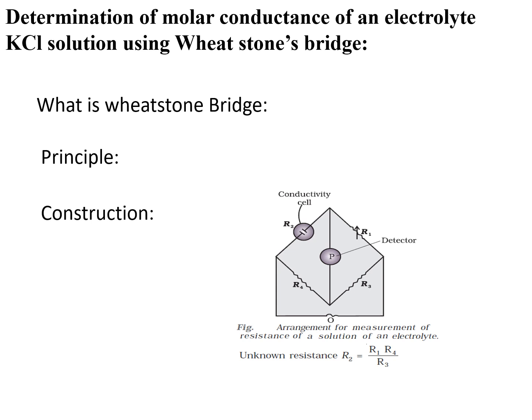This method was initially invented by Samuel Hunter Christie in the year 1833 and later developed by Charles Wheatstone in the year 1843. But this particular resistance bridge is more often used in physics labs to determine unknown resistance. In electrochemistry, the same Wheatstone bridge is used to determine molar conductance of an electrolyte solution. Unlike in physics experiments where we use direct current, here we use an alternate source of current for the reason that direct current changes chemical composition of the electrolyte.